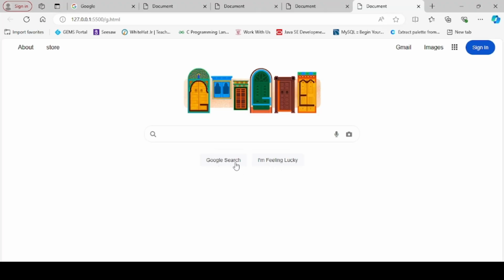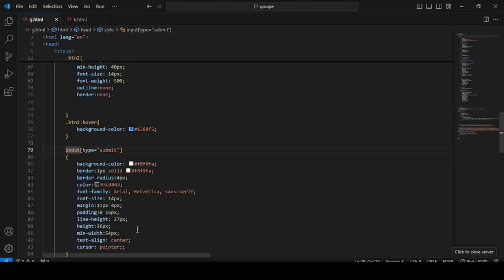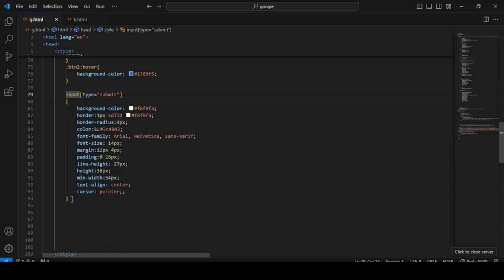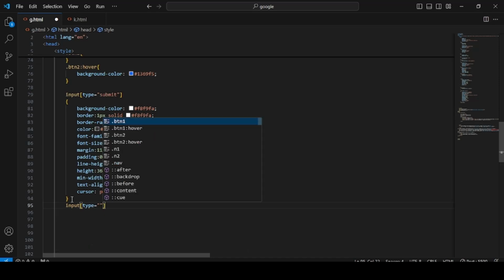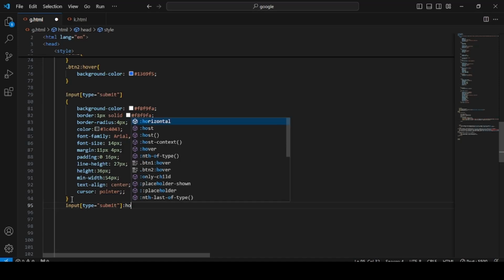So these are our buttons. Now we have to give hover effect to these buttons. So for that, again here we have to give input type equals to within double quotes submit, and here we have to give hover effect. So hover,